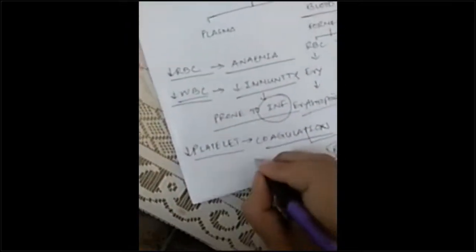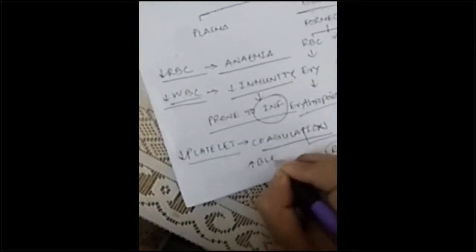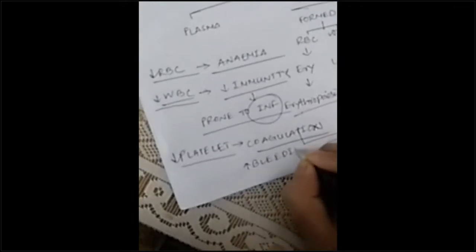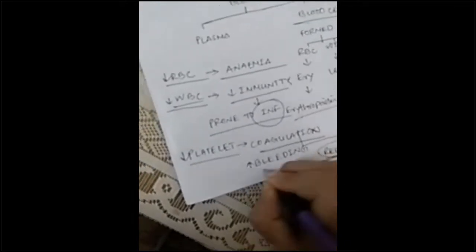Coagulation of blood. If platelet amount decreases, it increases bleeding tendency. So aplastic anemia is an uncommon situation, but it is a very serious condition. It's uncommon. It happens in a ratio of